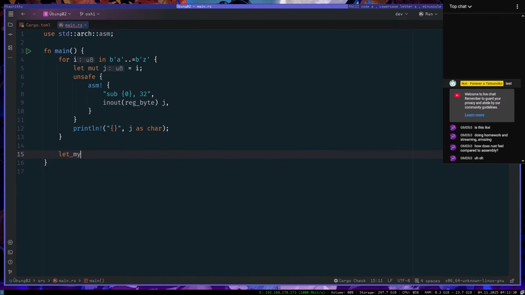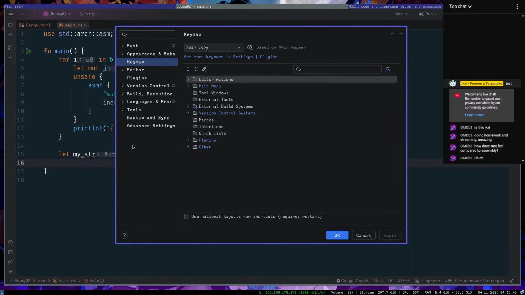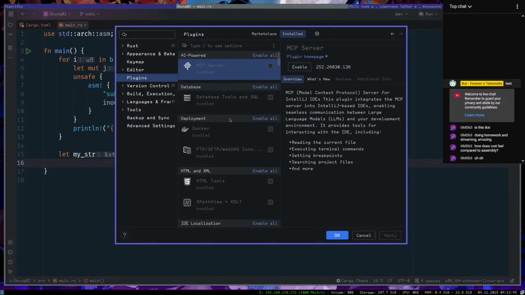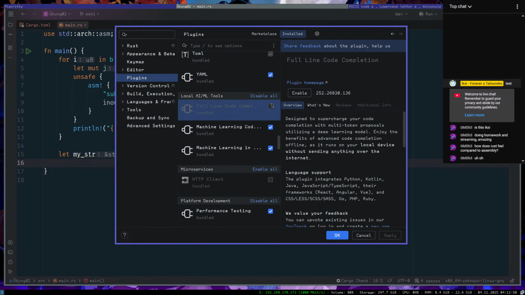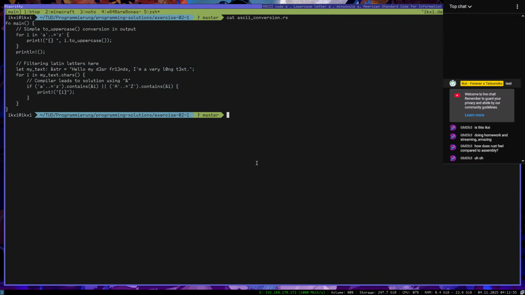That's my string. Let's just do something simple. No, I need to turn off the inline suggestions. Holy moly, I do not want those.